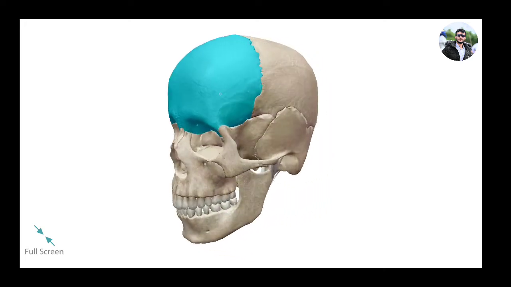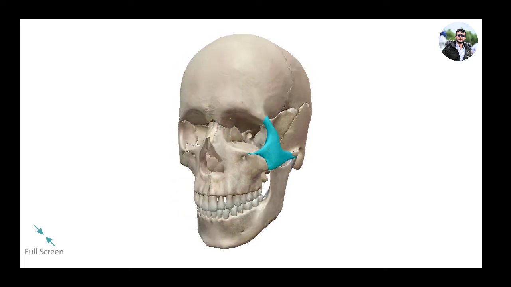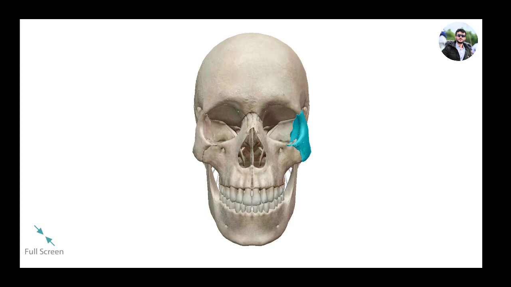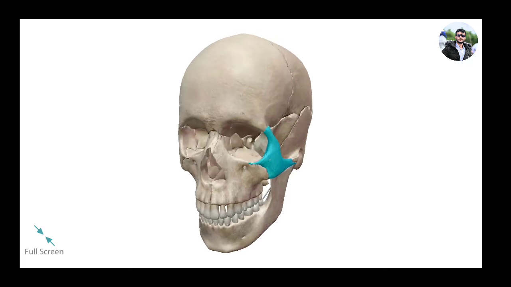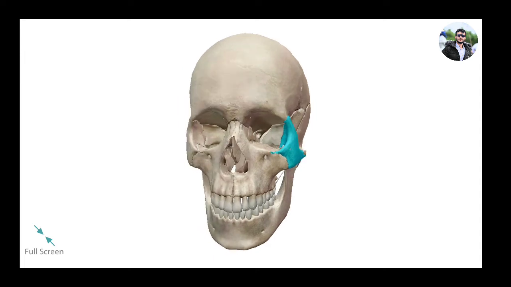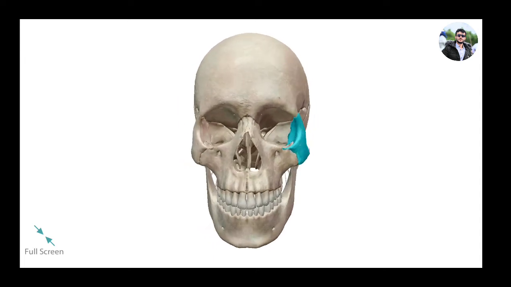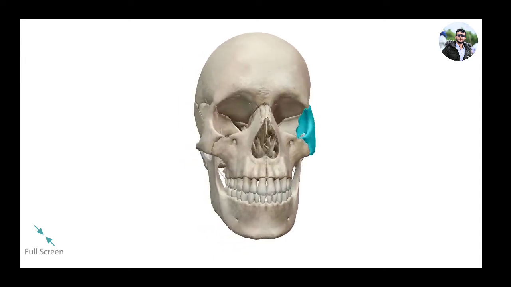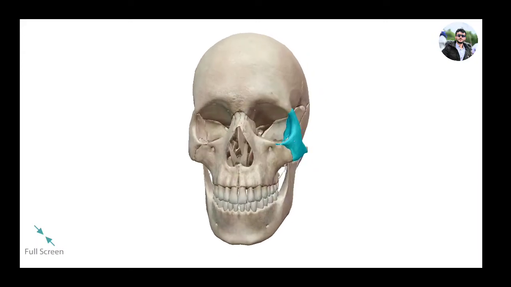This bone connects below to a bone called the zygomatic bone. There is a zygomatic bone on each side of the skull, the left side and the right side. This bone forms the cheek, or we can say the face, and the lateral orbital margin